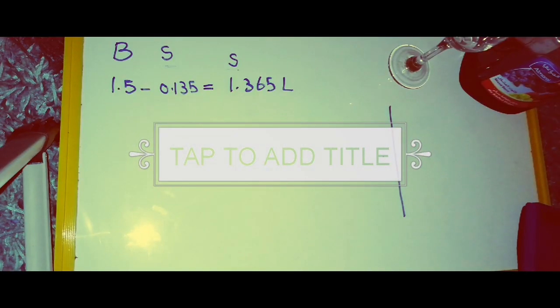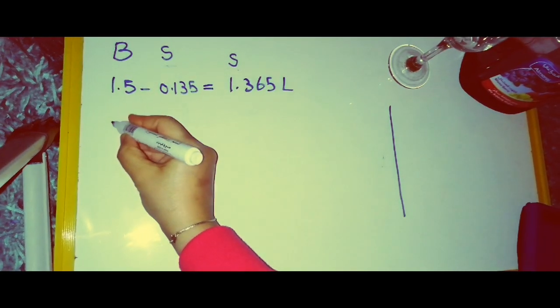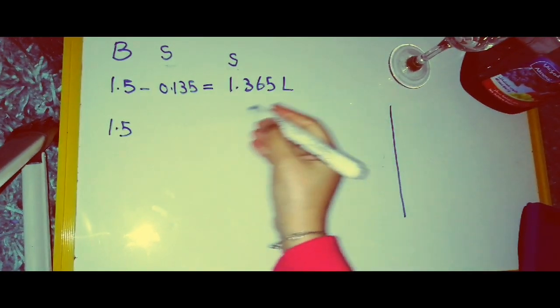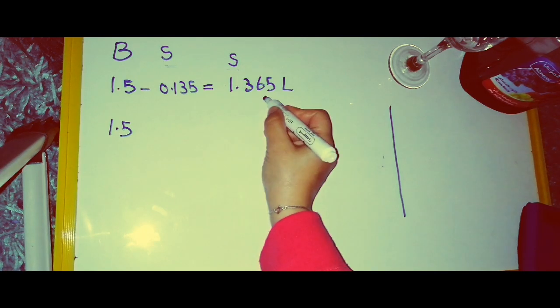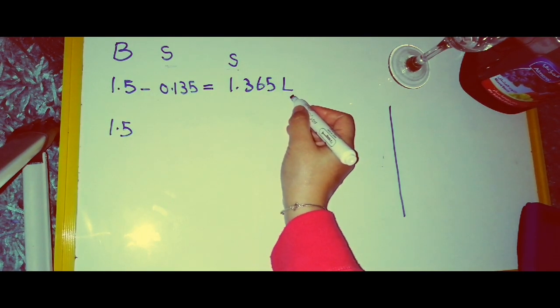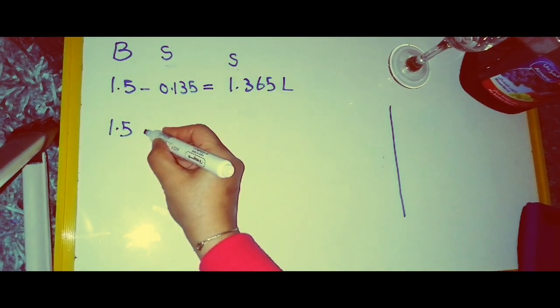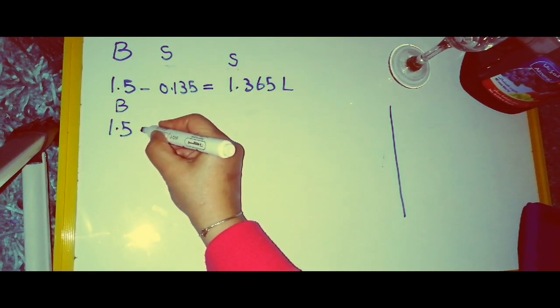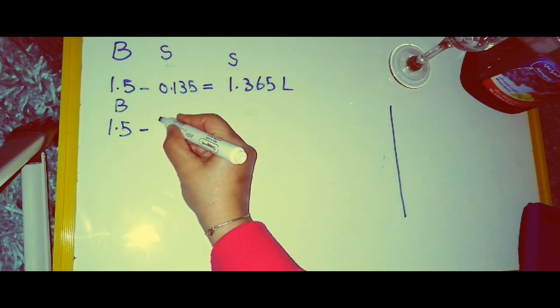If I say that I had 1.5 liters, but I drank 1.365 liters, so I'm going to do what here? The big, and this is another small, so I'm going to subtract